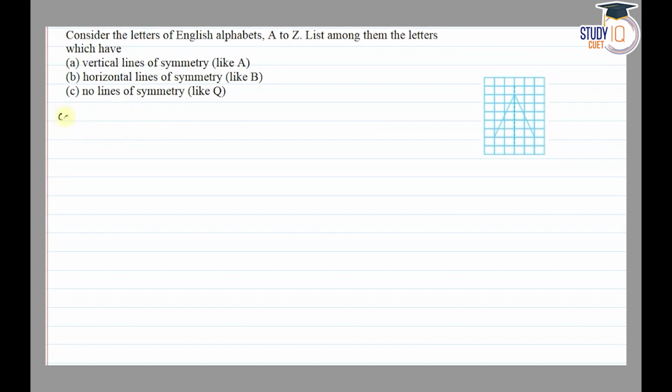So part A is vertical lines of symmetry. So we're going to take A. In alphabet A, it is symmetric about vertical line. Alphabet H is symmetric about vertical line. I is also symmetric about vertical line. So alphabets symmetric about vertical lines are